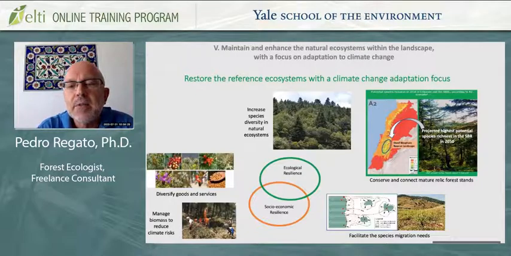The landscape ecosystems are degraded and somehow simplified. Even the remnant relic major cedar forests are quite simplified. And we realized, looking at the reference ecosystems, that they should have a more diverse structure and diverse species